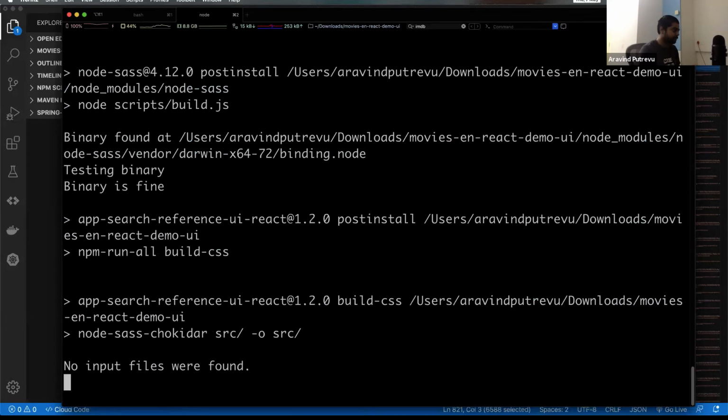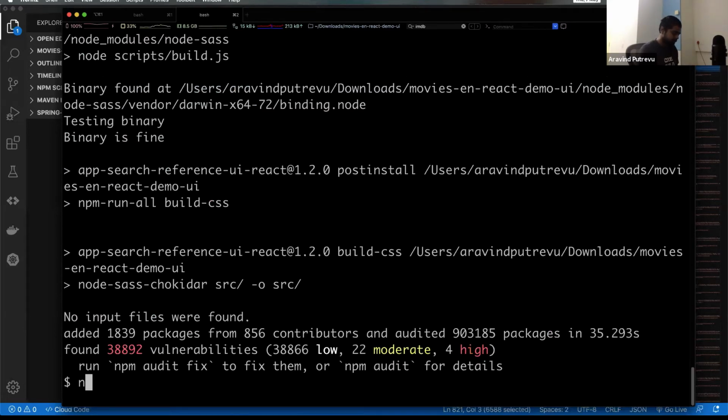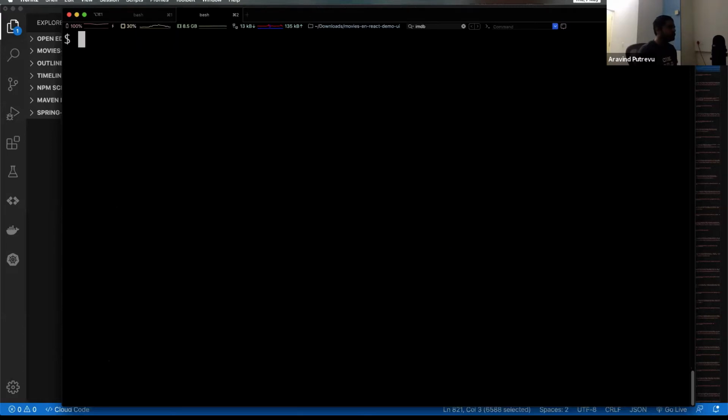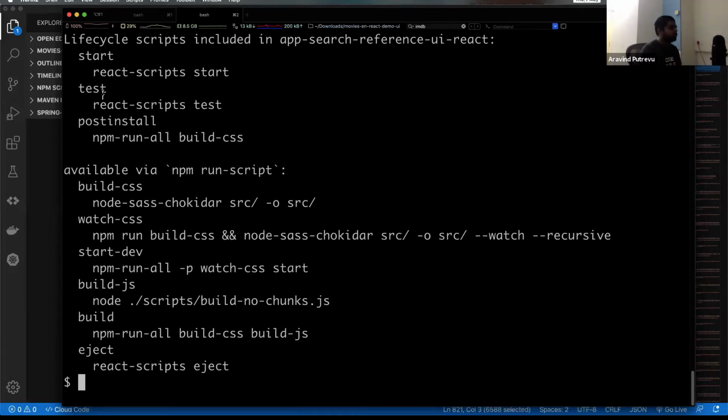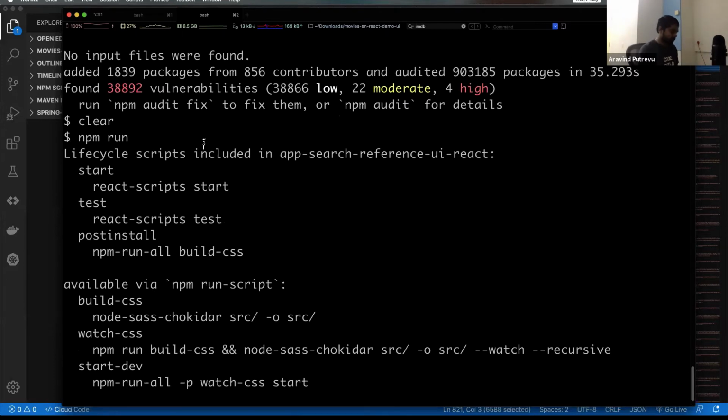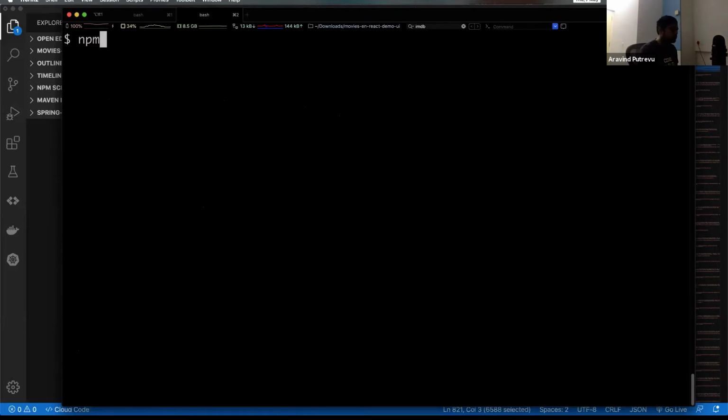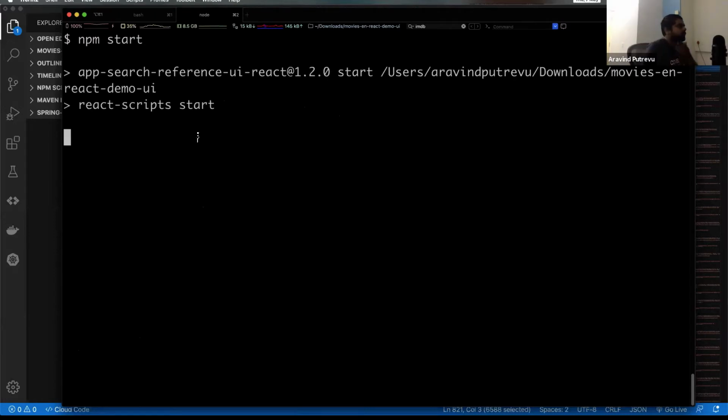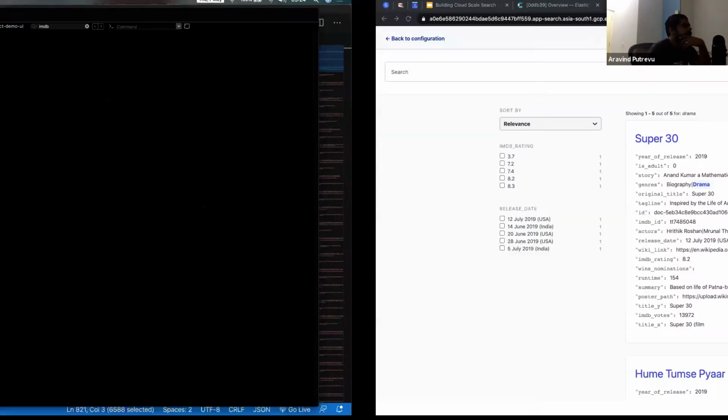Okay, great. So again, just to make it visible to you. Oh, okay, sorry, that's my fault. So if I start this, it simply starts the app on localhost 3000 and brings me the same UI that I have shown you some time ago.